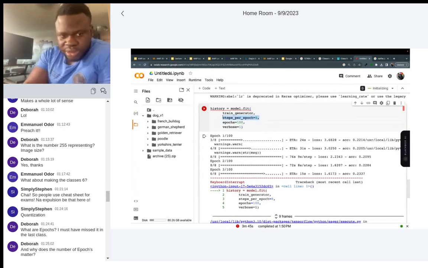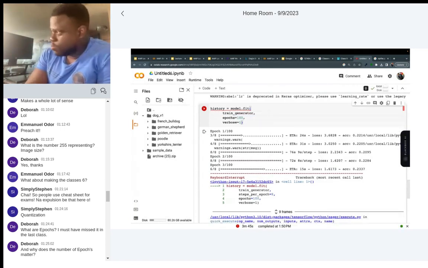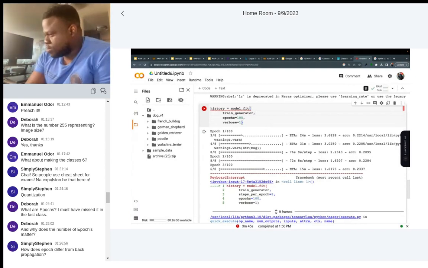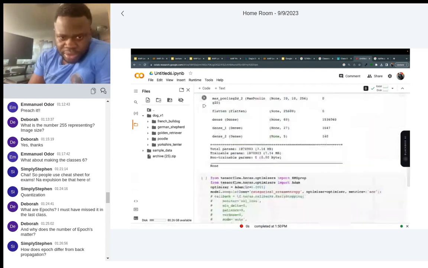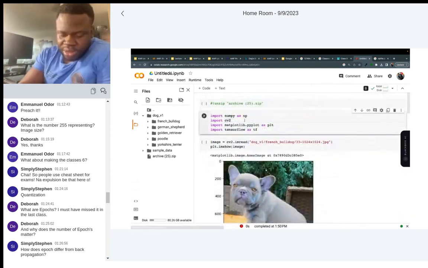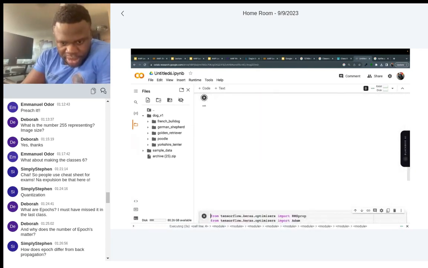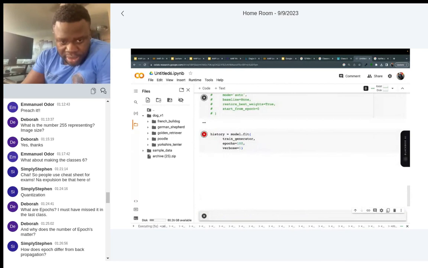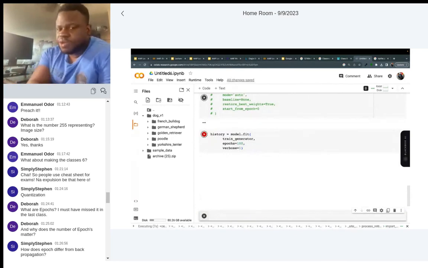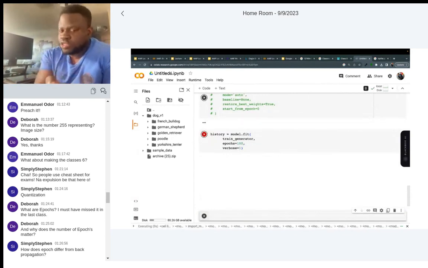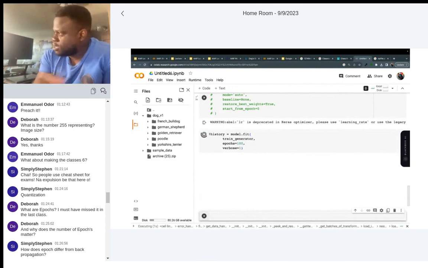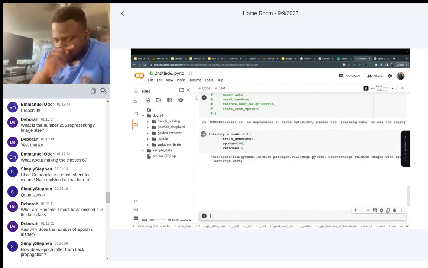So if I remove steps per epoch, it makes your training go longer. How does epoch differ from backpropagation? Let me start the runtime. Because I put 100 epochs and steps per epoch at 8, it was only running 8 times.